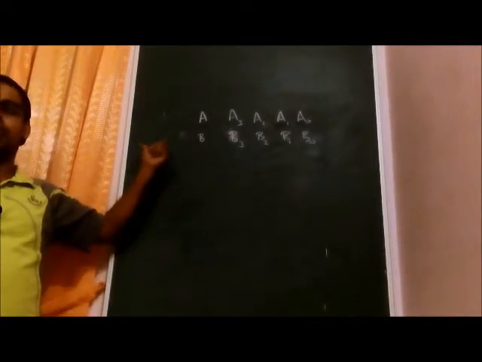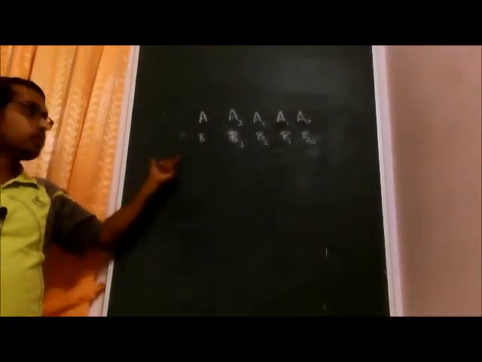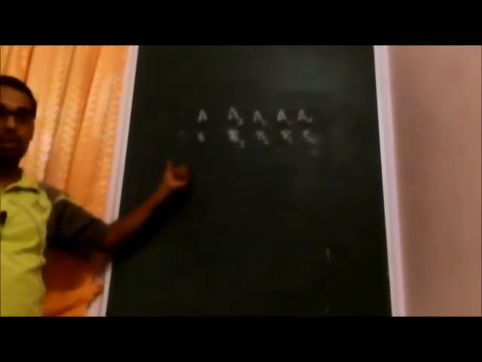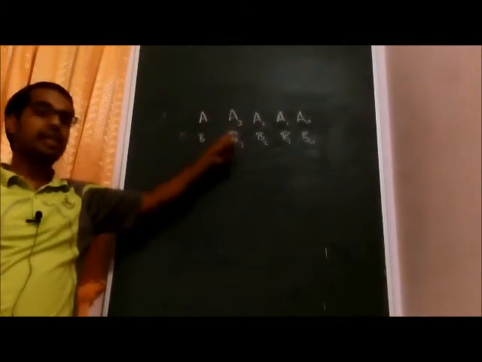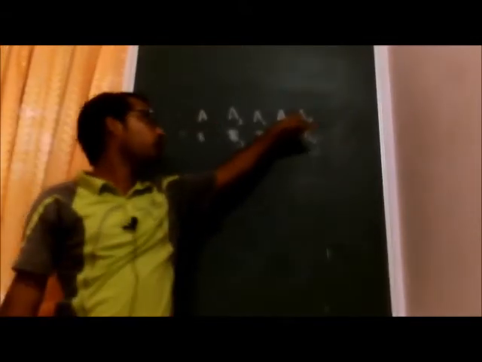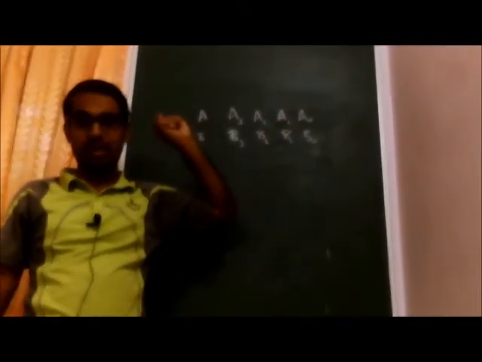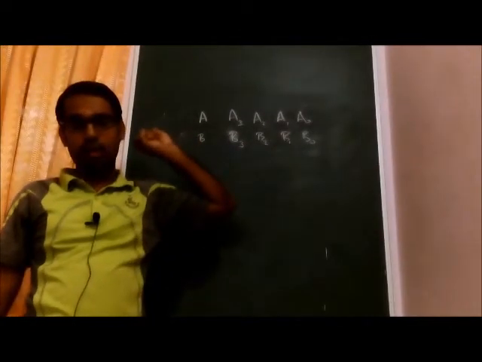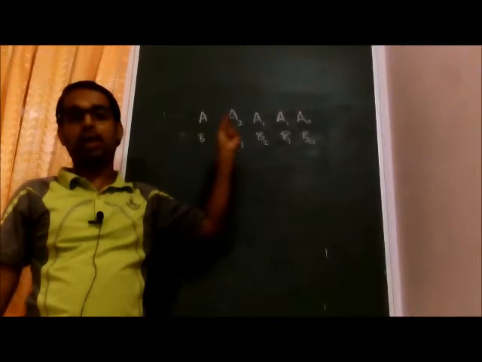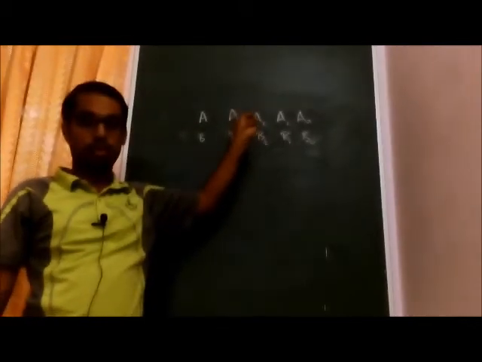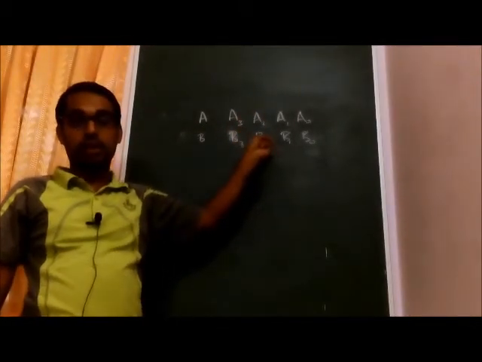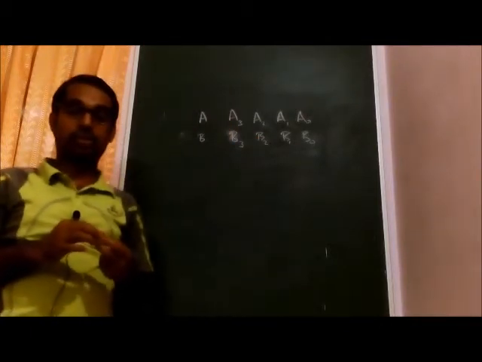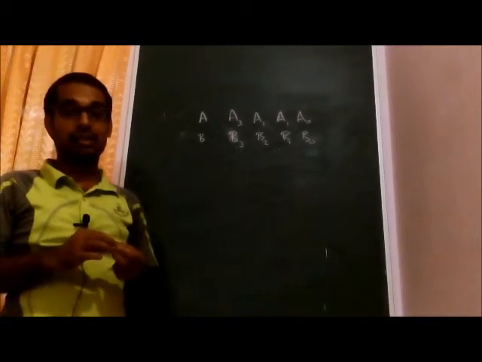If you want to add these two numbers, A and B, we cannot use a single full adder, because a full adder is meant for adding single bit numbers. If you want to add A0 and B0, you can use a full adder circuit, and to add the next two bits, we can use another full adder circuit. But if you want to add 4 bits plus 4 bits, we need to consider serial or parallel adder circuits.